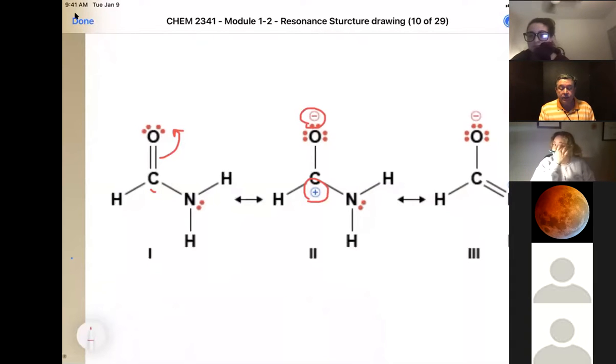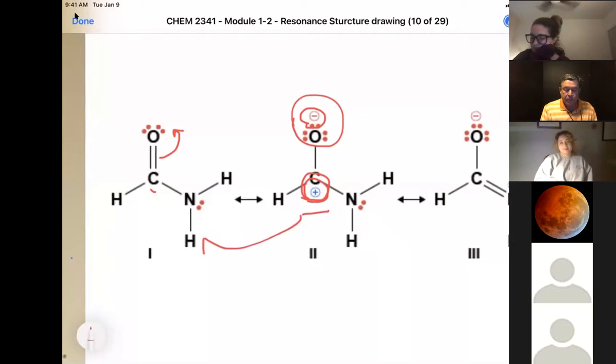However, this is a valid charge because the positive charge is on the less electronegative atom. The negative charge is on the more electronegative atom. So we're still not breaking a rule, and we have opposite charges. So this is still valid, but this is more stable because it meets that having as many atoms have an octet